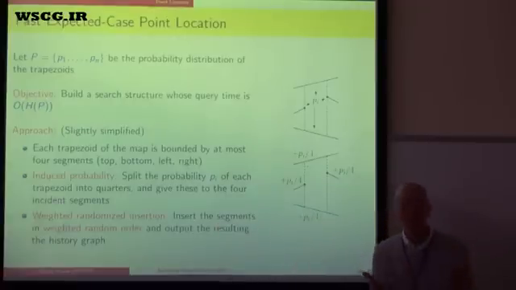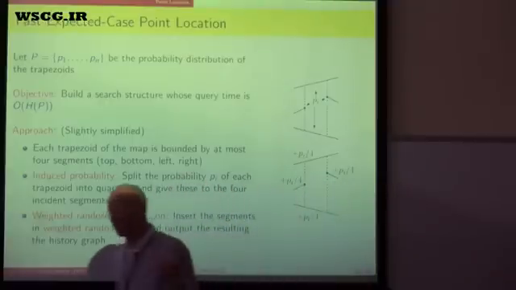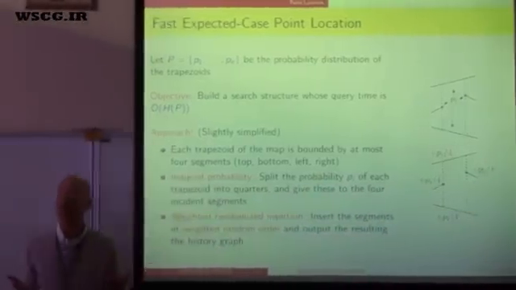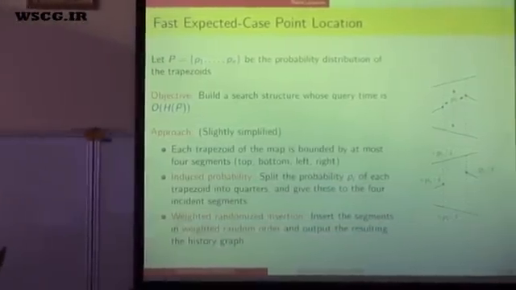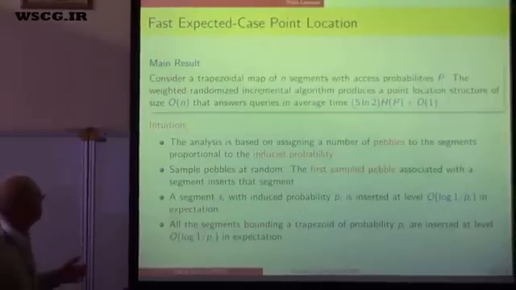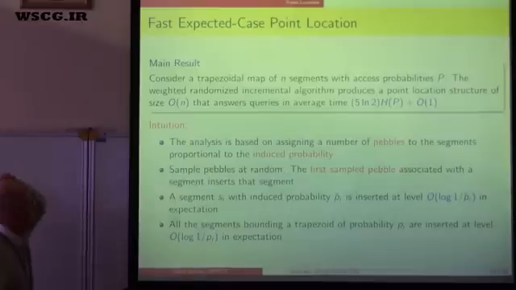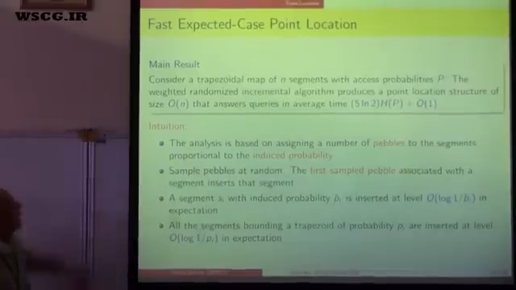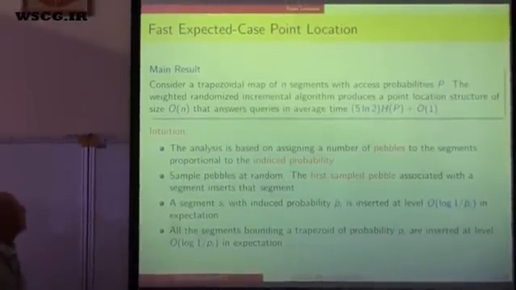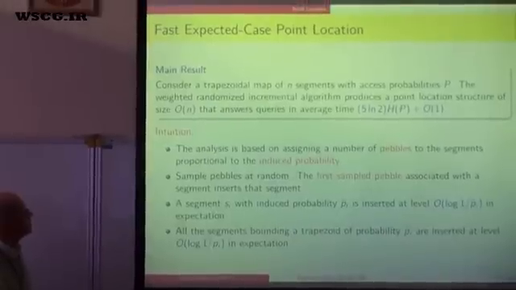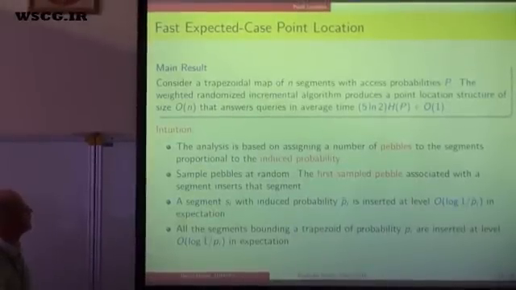So the bigger your probability is, the more likely. In the previous one, every segment was equally likely. They were just using a uniform distribution. Okay. And so here's the main observation to make, and this somehow is not too surprising, that if we consider a trapezoidal map with n segments, access probability distributions,